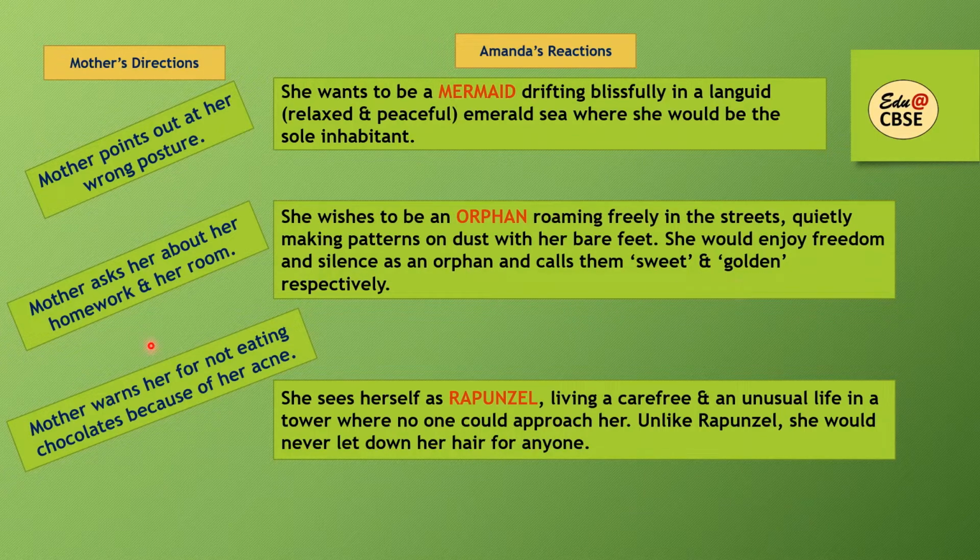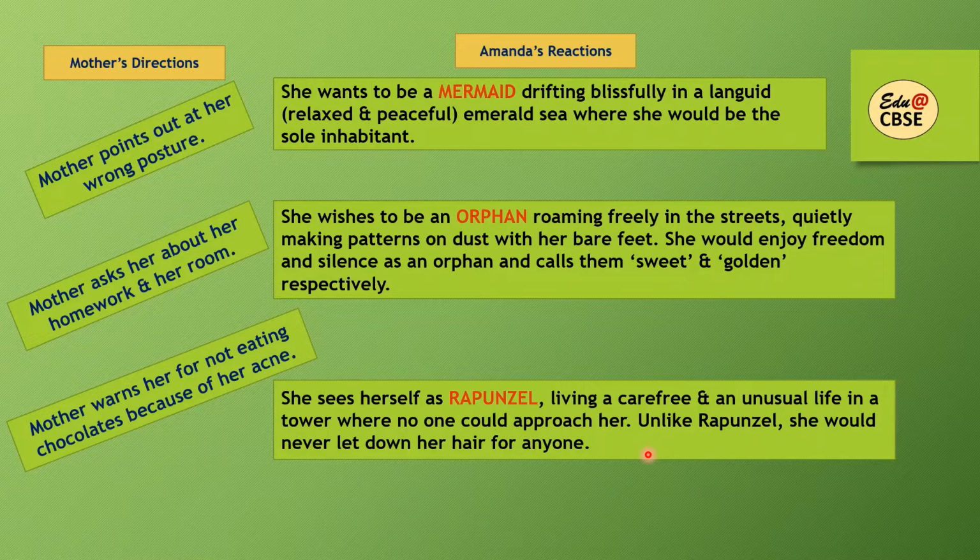Now, third time when mother warns her for not eating chocolates because of her acne. So at that time, she sees herself to be Rapunzel, living a carefree and an unusual life in a tower where no one could approach her. So वो एक tower में रहती जहाँ पे कोई ना आ सके. Unlike Rapunzel, she would never let down her hair for anyone. So वो चाहती है कि Rapunzel तो अपने hair जो है वो प्रिंस के लिए उसने नीचे कर दिए थे, लेकिन वो किसी के लिए भी अपने हेयर जो है वो नीचे नहीं करेगी, बिकॉज वो अकेला रहना चाहती है